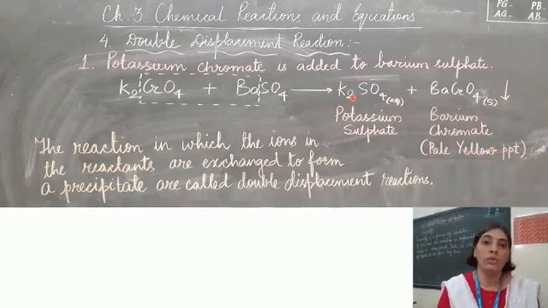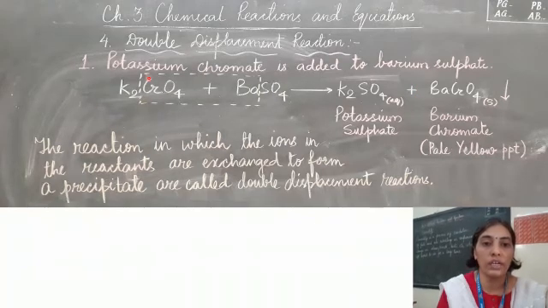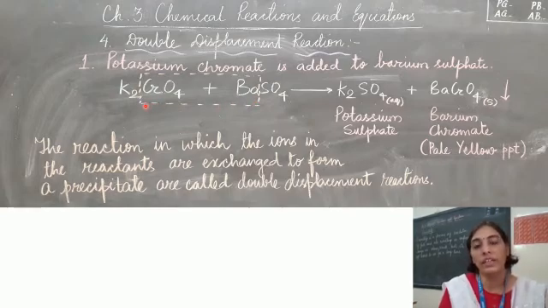Okay, now we come to the formation of products, how these products are formed. So this is another box that I have made for you that will make it easier for you to remember the products. In one of the previous slides, we had discussed how the rearrangement of atoms takes place if we have both types of ions in the reactants. So here the positive of the first combines with the negative of the second. So this is accordingly K2SO4. That is our first product.